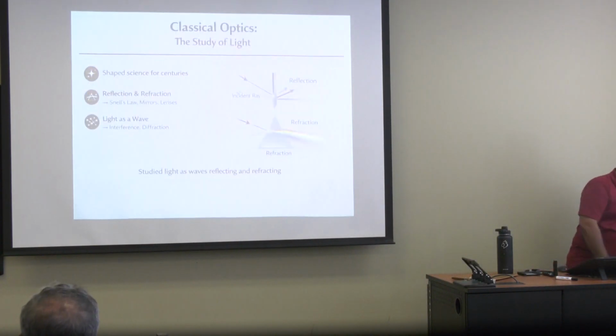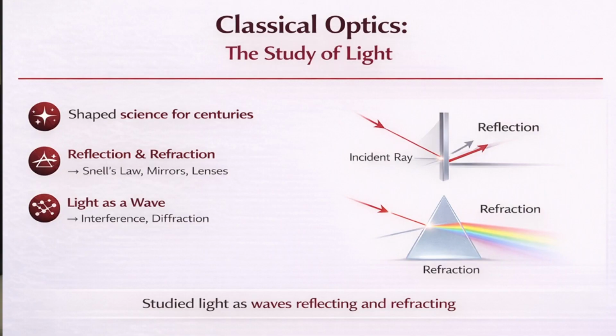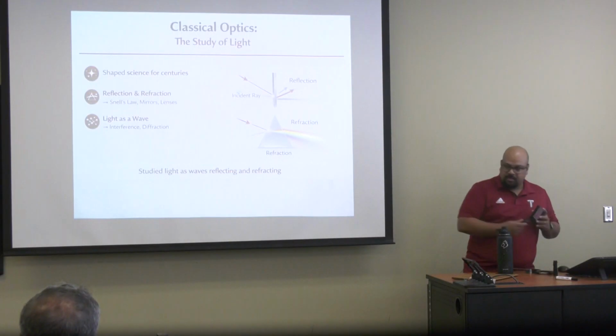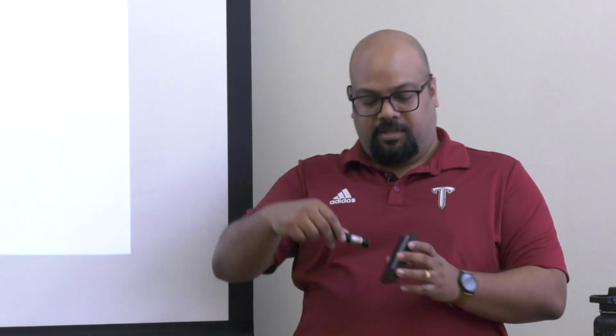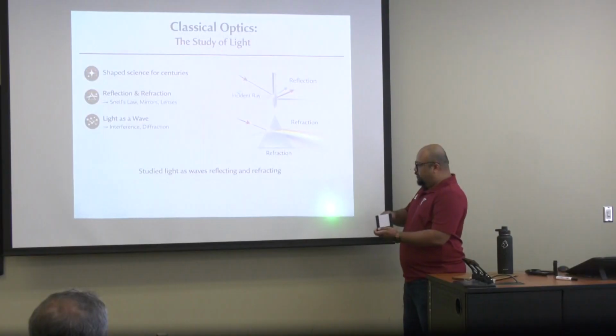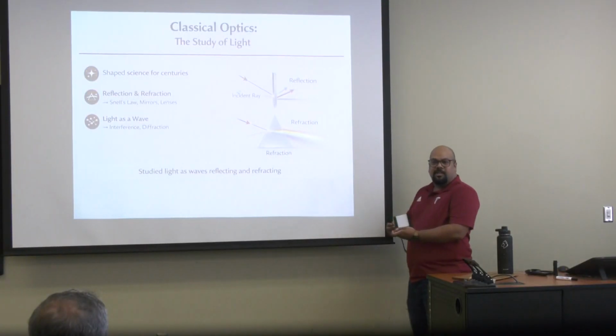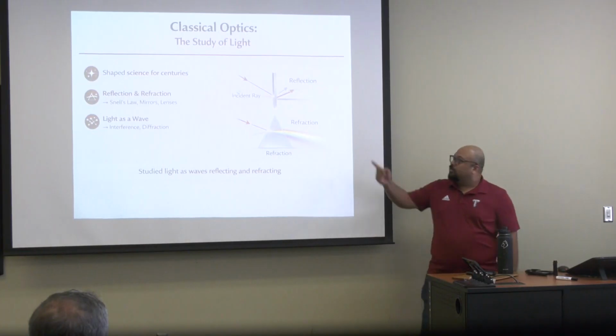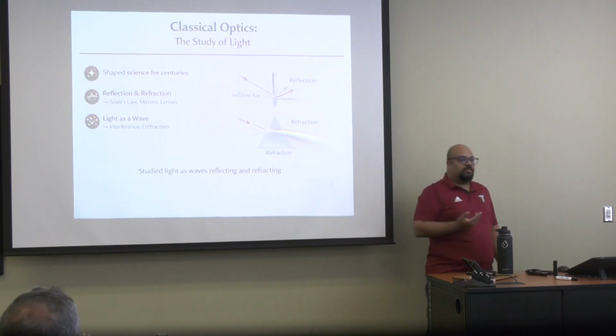So what is classical optics? Classical optics is pretty simple. Let's say you have a reflector and you just shine the light. I don't know if you can see anything, but you see the reflection? As simple as that. We all know light can be reflected. That's one of the aspects of classical optics.